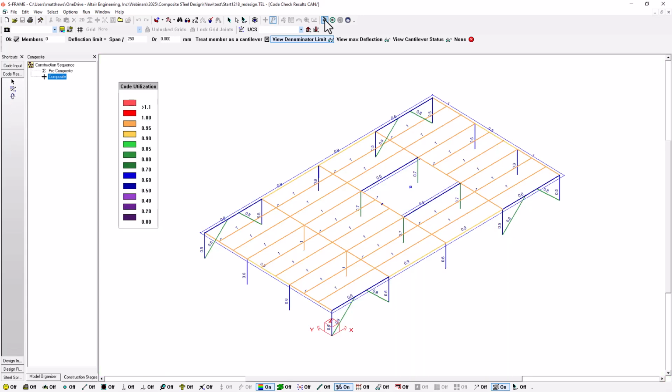And we can see once again that we're getting utilizations that are less than 1. Now we can change the threshold for what is considered an acceptable utilization, because having a utilization of 1 may be a little too close to comfort for some. We haven't really gone into that yet, but what I do want to introduce is some utilizations and some of the checks that are being performed. So here I'm in the code results for my composite stage that we checked according to the post-construction load cases and combinations. I can go to code details,